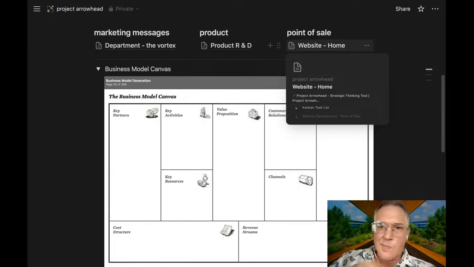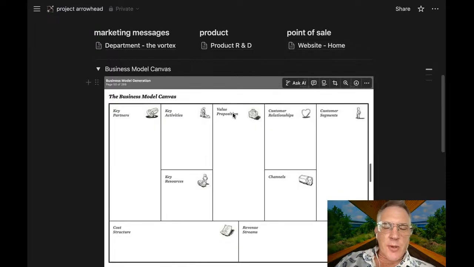And so the value proposition from the perspective of the product is the actual product. And then what are the partners, activities, and resources, the costs? The factory to produce the product. And then the customer relationship is to get them to buy again.